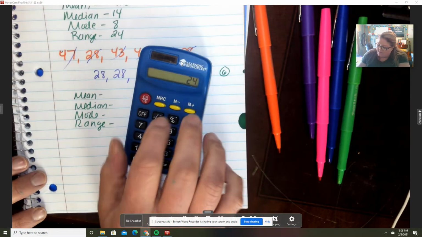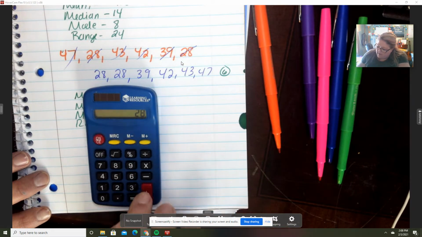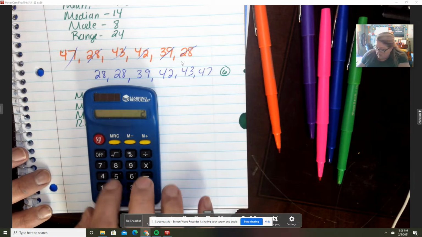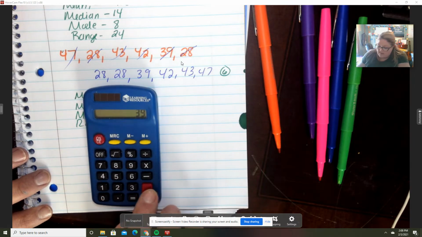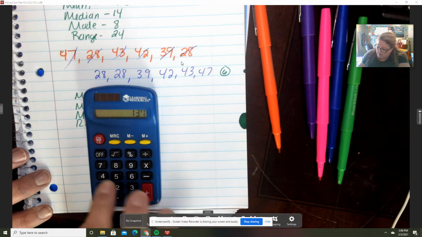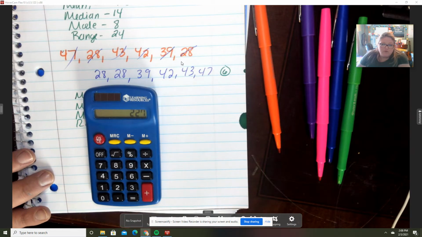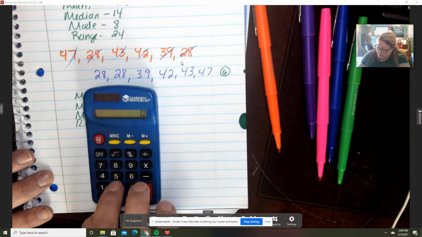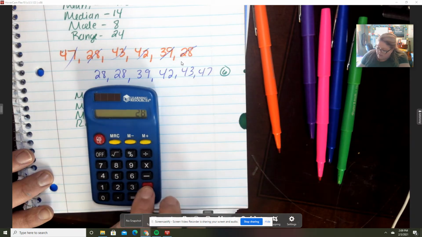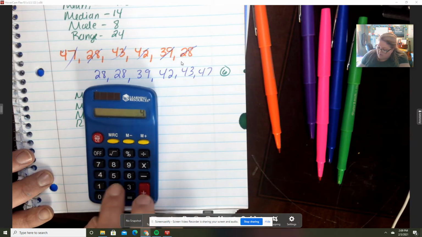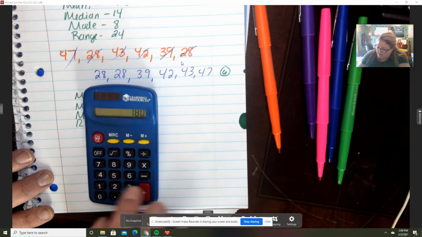The mean is called the fair share. I add those up: 28 plus 28 plus 39 plus 42 plus 43 plus 47. And if you think about it, you're dividing to find the mean. When you divide things, you're giving a fair amount. You're sharing it with everybody. If I had 20 cookies and I wanted to share those with my